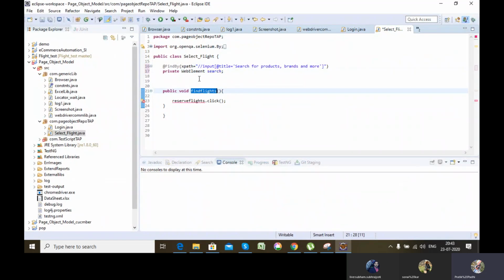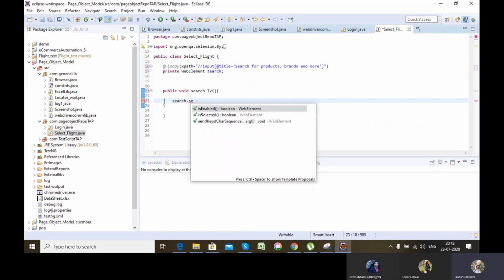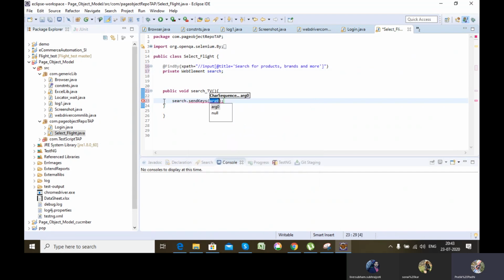I'm creating one function like searchTV. Then what I can do is sendKeys TV.